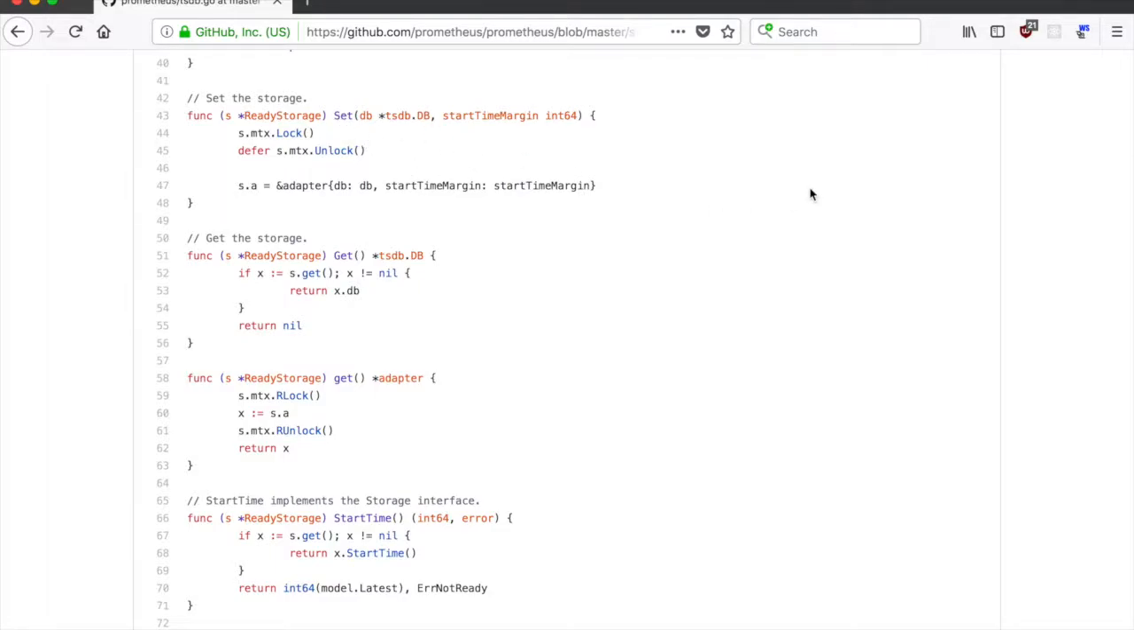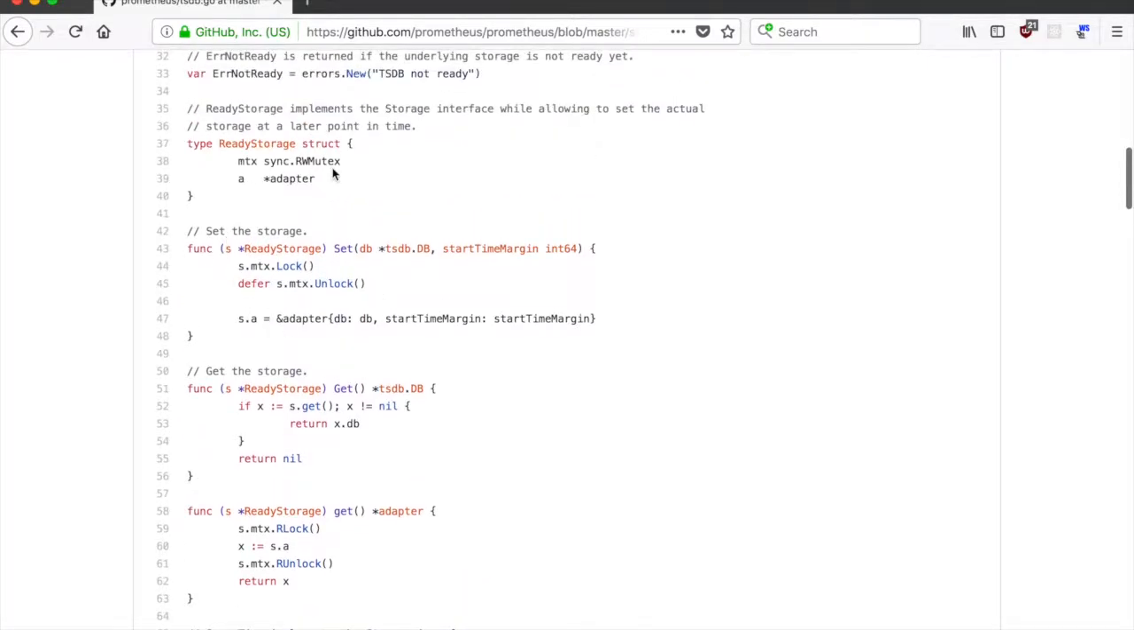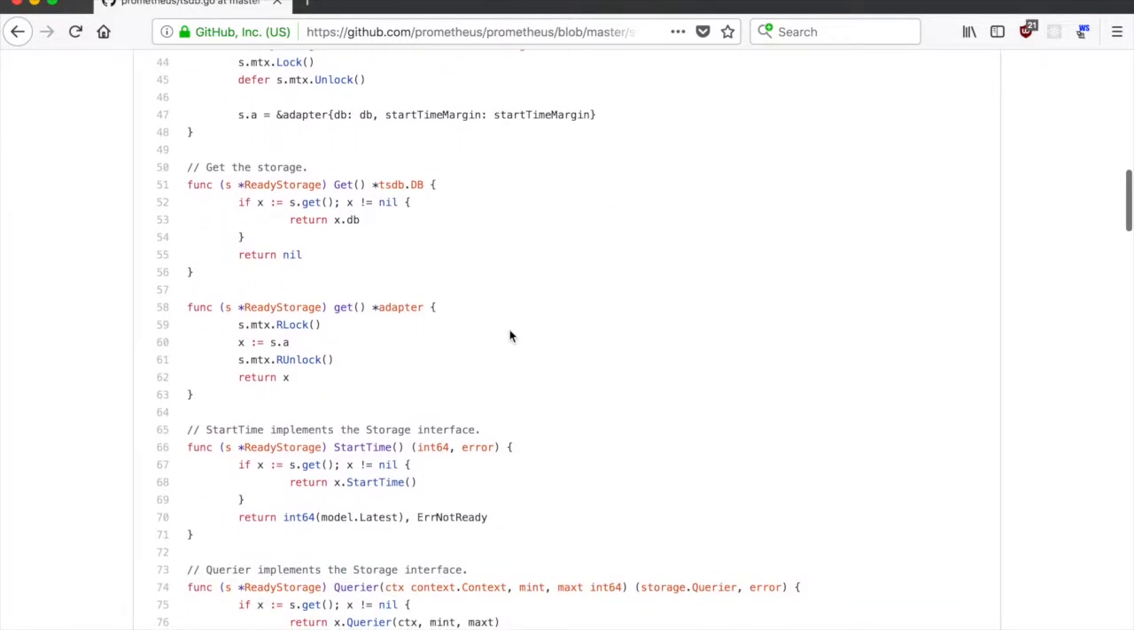So this is tsdb.go. There's some kind of set the storage. So it's doing the mutex, and then we're setting some value, the adapter. Oh, it's a ready storage struct. And we're taking the DB as an argument to set. So we're basically just setting our DB at some time. Well, it's a time margin. A time margin is basically a margin for error, how accurate we want to be in our time measurements. If we're setting and getting the storage,